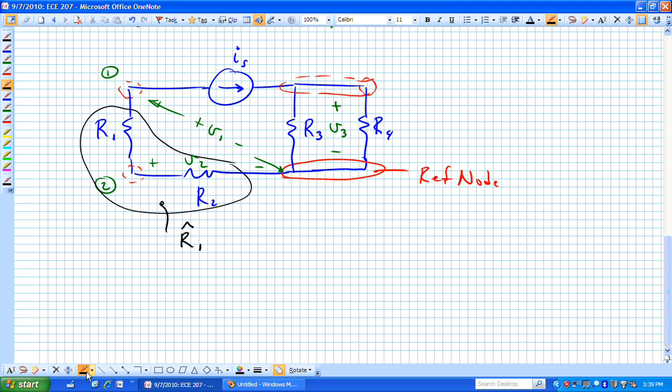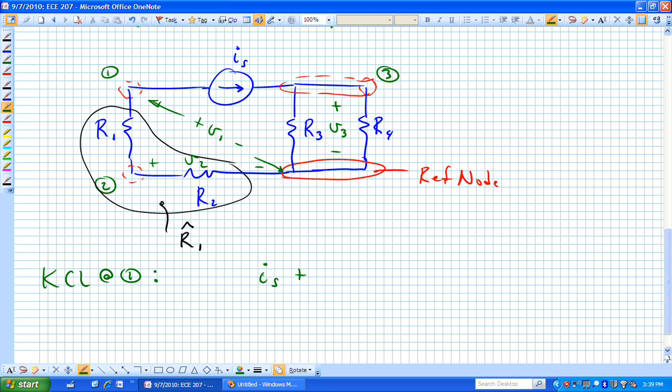Let's now write the KCL equations for those particular nodes that we've now identified, and this is actually then node 3 as defined. If I now write KCL at 1, I'm looking to find the sum of the currents, the algebraic sum of the currents out of that node is equal to 0. I sub s is out of that node, and the other current leaving that node